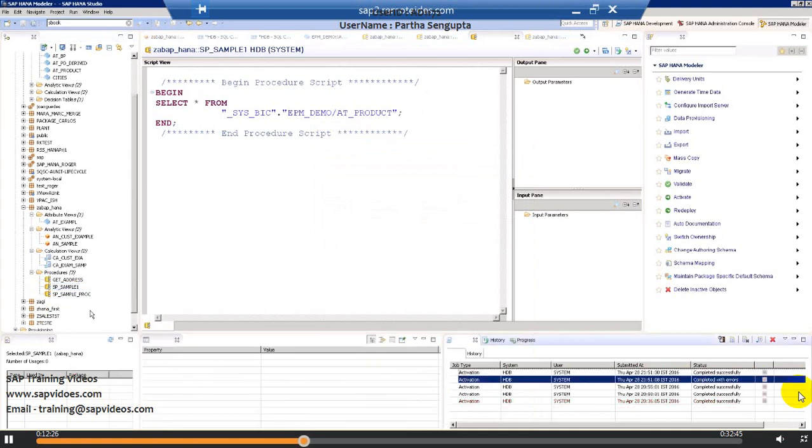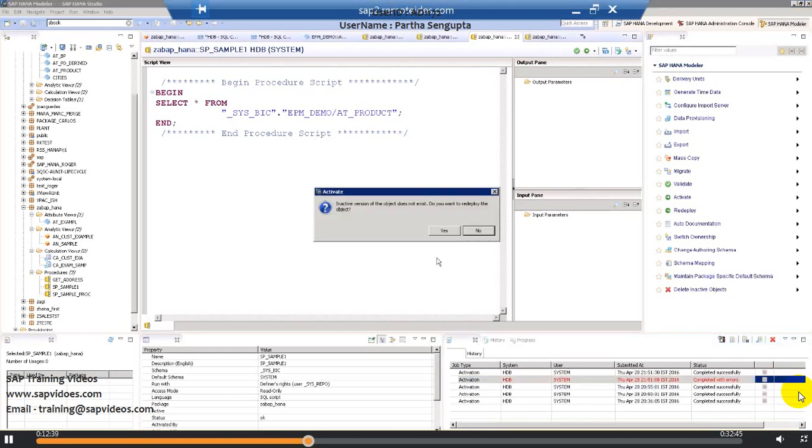So here, activate doesn't save the code. You have to save first and then activate it. So here we will be able to execute, save and activate. You can execute as well. So when you execute it,